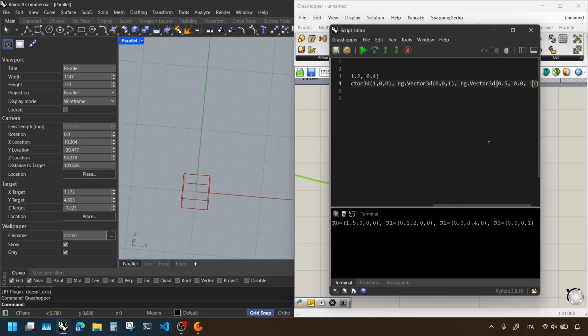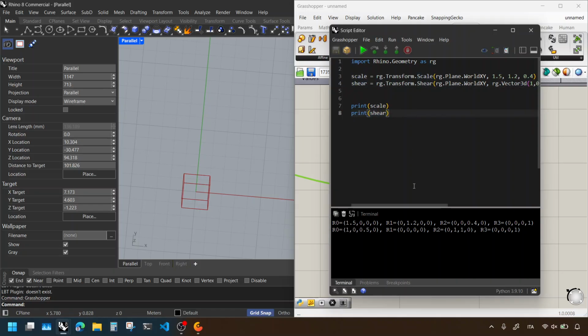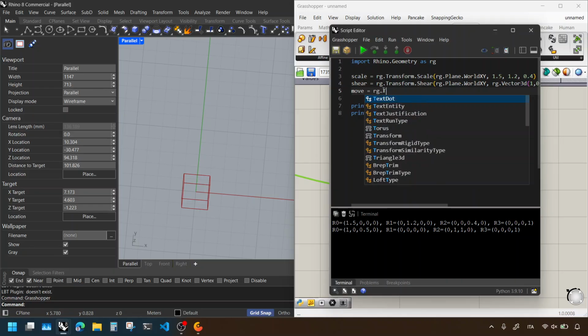1 on z. Okay, so this is the same transformation we got before, and we can print that so you can figure it out yourself by checking the matrix. Indeed, this is the same we got before with this 0.5 in the third element of the first row. Let's then do movement. So movement is just Rhino geometry